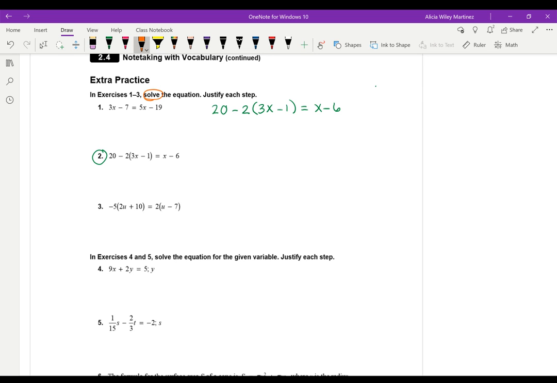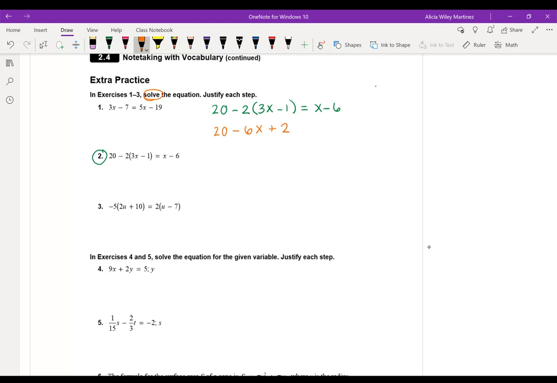When we solve, our goal is to isolate the variable to get it by itself. So the first thing we always want to do is get rid of parentheses. Okay, so the first thing I'm going to do is distribute the 2 to get minus 6x